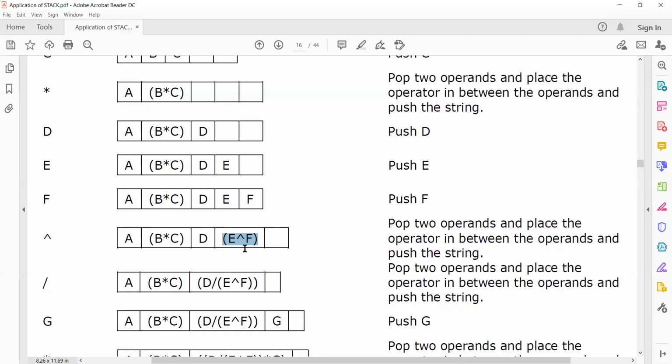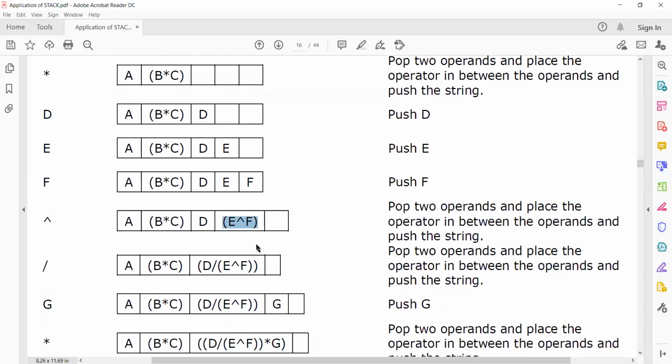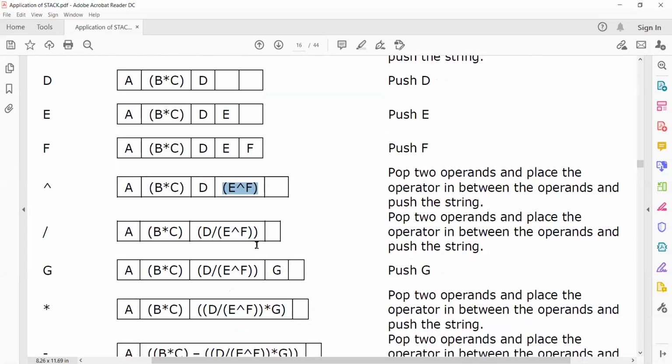So many operations are involved in this step itself. When an operator occurs, two pop functions are called, one function appends and makes it a string, and again you call the push function. See, 4 operations are done here. It's not so simple.